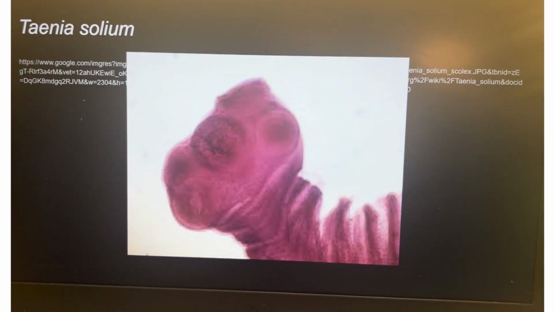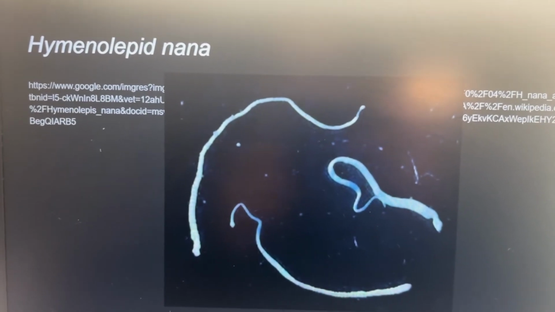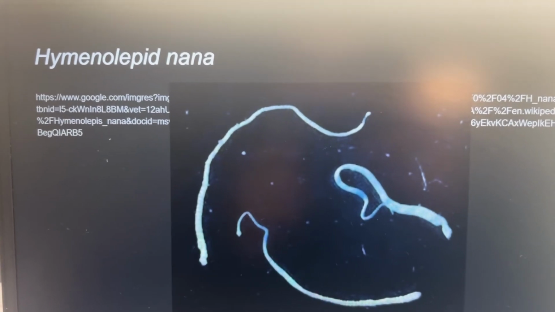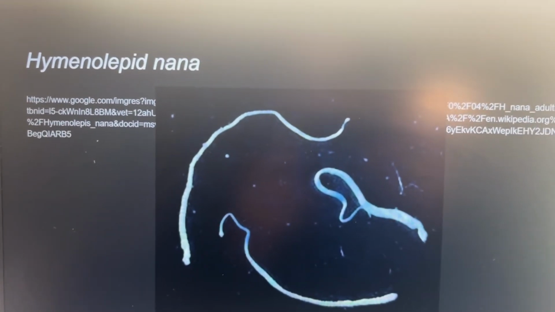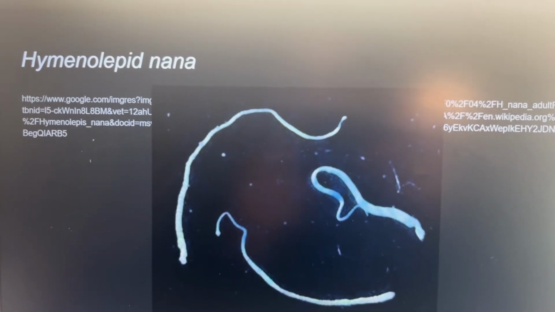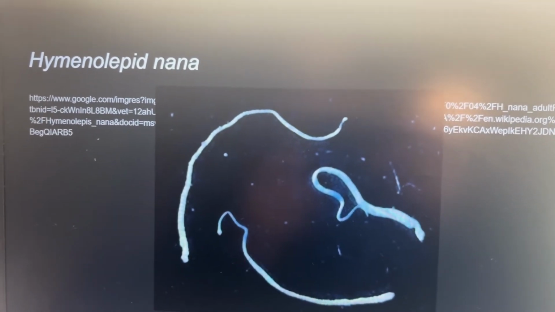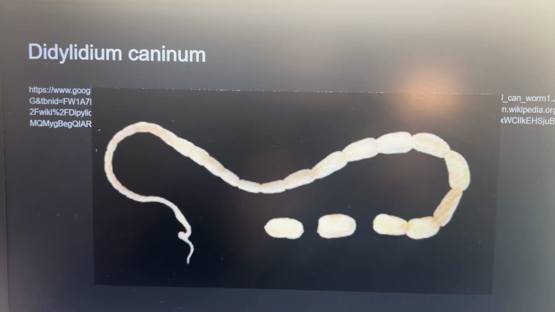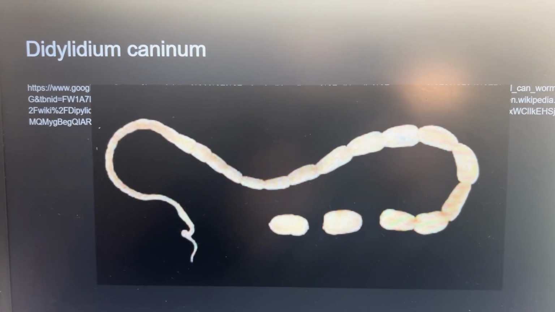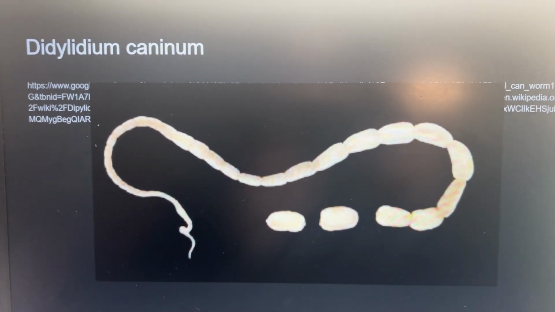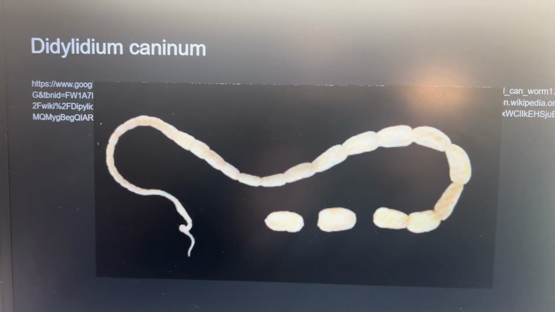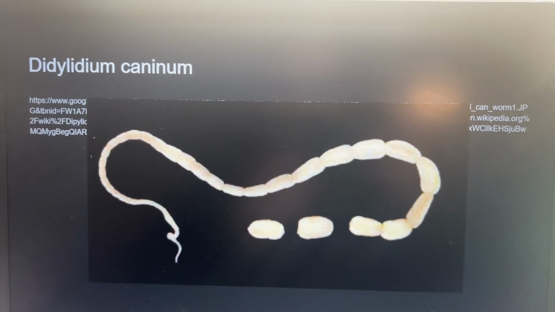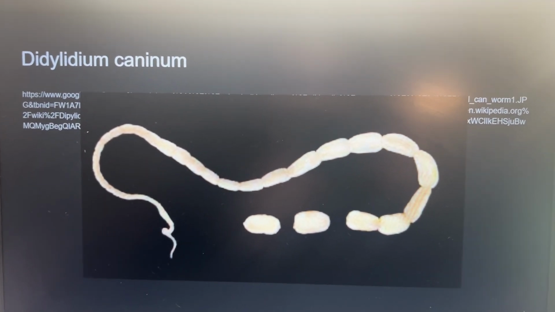So make sure that your pork is undercooked. As you see right here, this is another part of our family, Hymenolepis nana. This is also known as the dwarf tapeworm, and they are excellent at infecting adults and even your children. This is the Diphyllobothrium latum tapeworm. Right here is Dipylidium caninum. This is the flea tapeworm. So if you don't have any animals such as cats and dogs, make sure you get some cats and dogs so we can show you a good time with our family member right here.